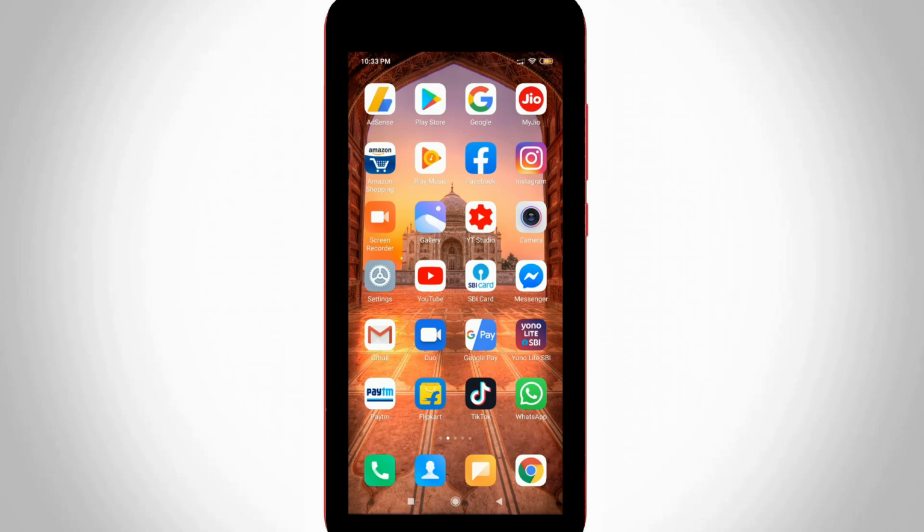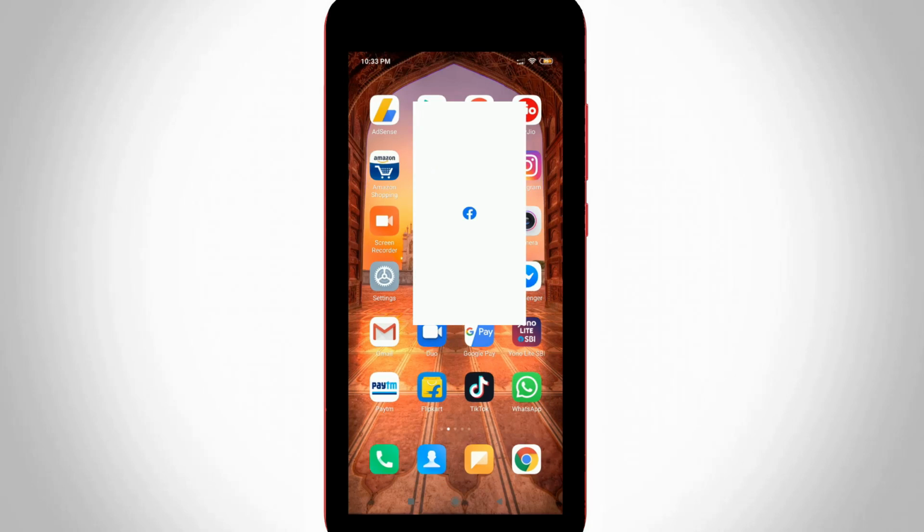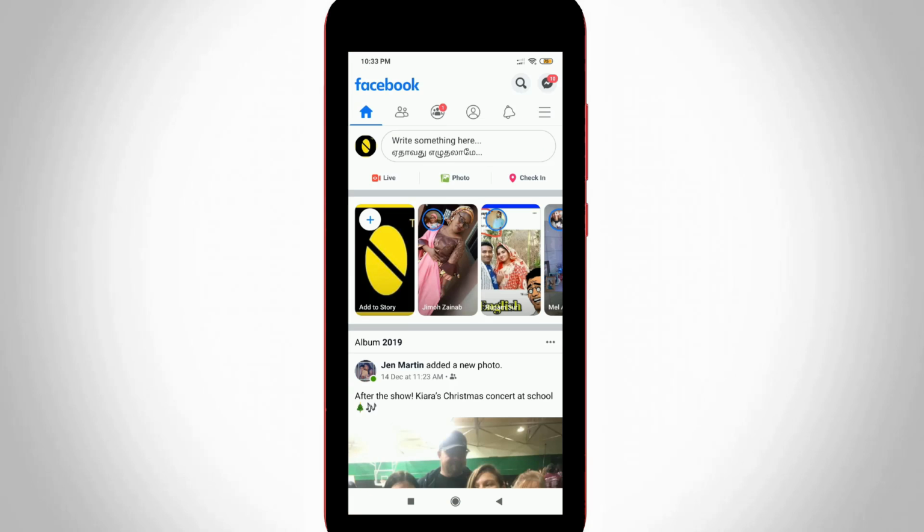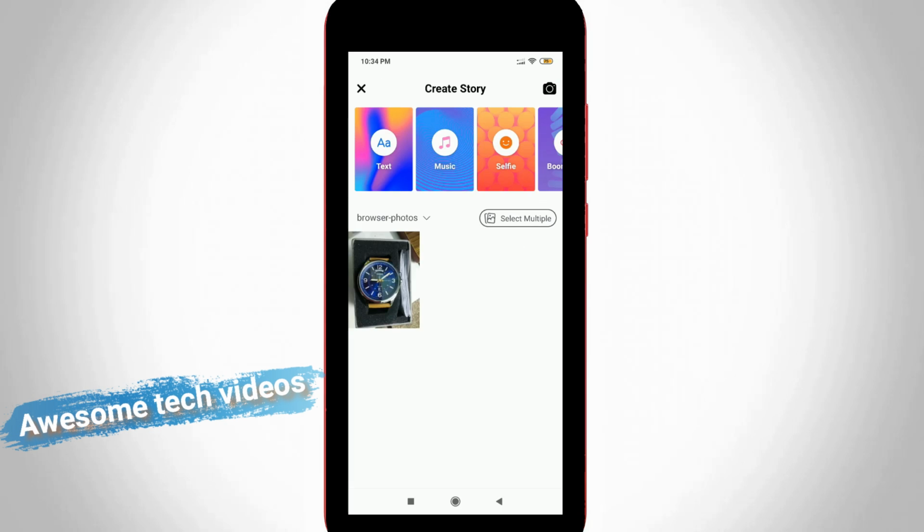So first of all, open your Facebook mobile application on your Android mobile or iOS device and then sign in to your account. So now my news feed is ready to use, and on this homepage section you can press the add to story option, and the best identity of that feature is it shows your profile picture. So just select it, and at the top it shows some features like text, music, selfie, boomerang and poll,